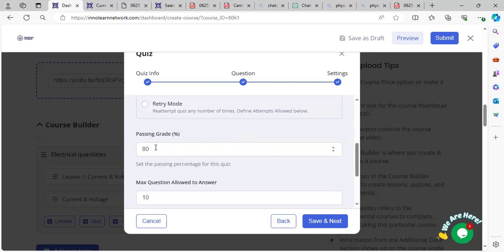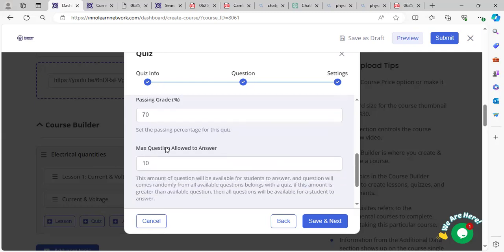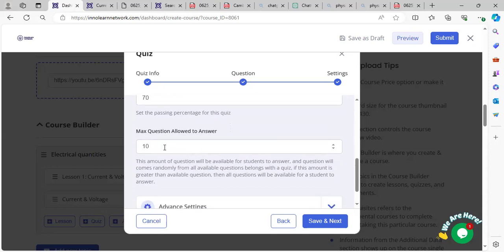Percentage pass, do you want to put it at 80% or 70%? It depends, 50%, whatever it is. Maximum questions allowed to answer. Maybe this one here. So this amount of questions will be available for students to answer, and questions will come